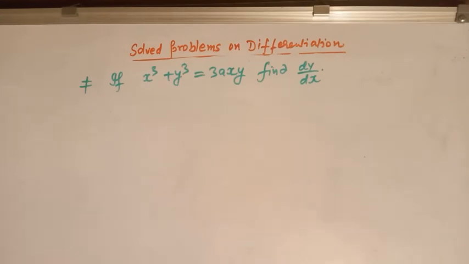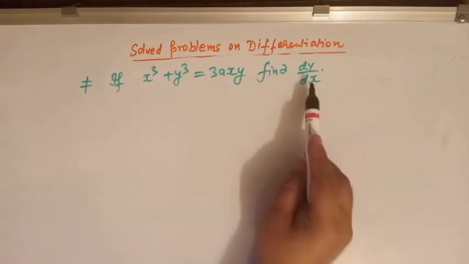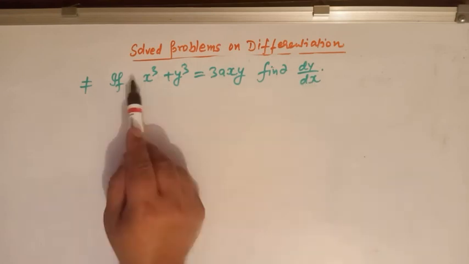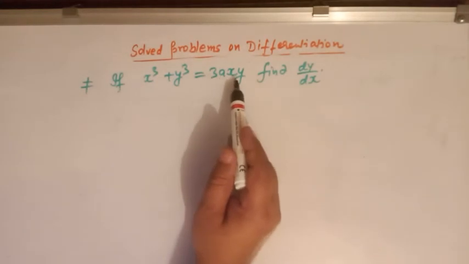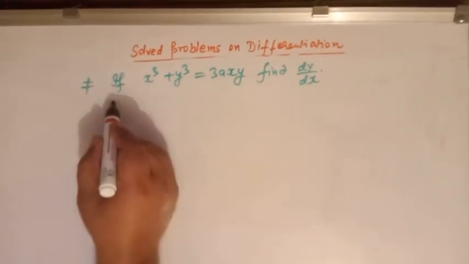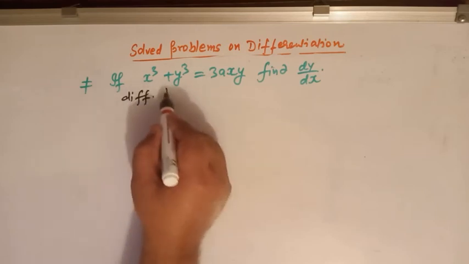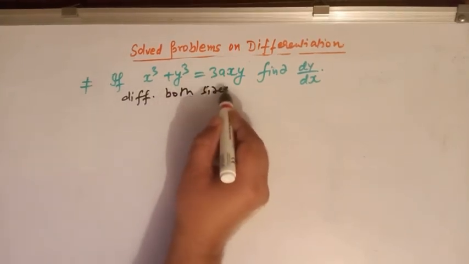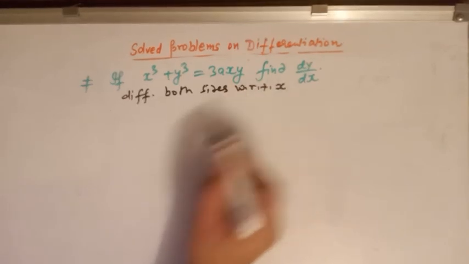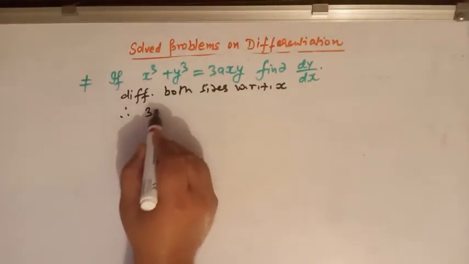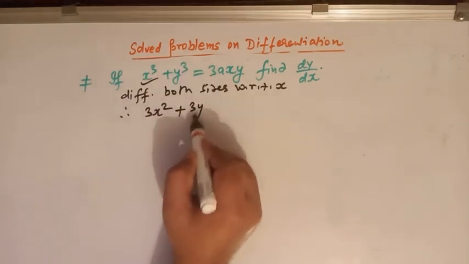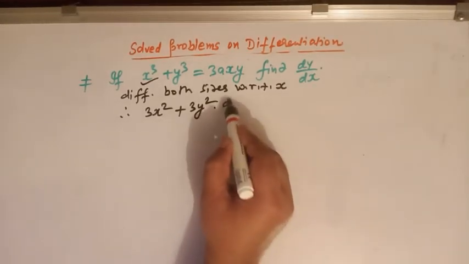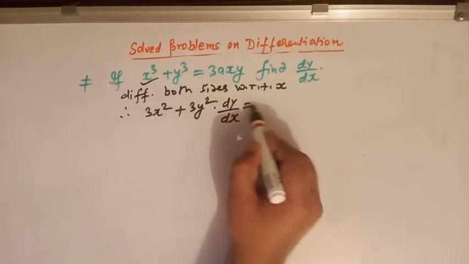So viewers, let us take this problem, and here we have to find the derivative of y with respect to x, and the expression is x cube plus y cube is equal to 3a xy. So let us differentiate both sides. So differentiating both sides with respect to x, we get 3x square, the derivative of x cube is 3x square, the derivative of y cube is 3y square, and then we have here dy over dx